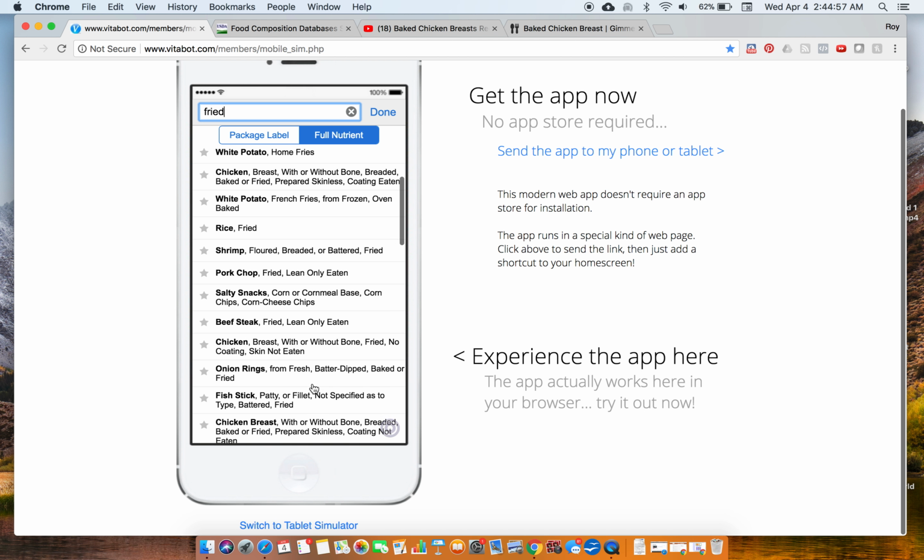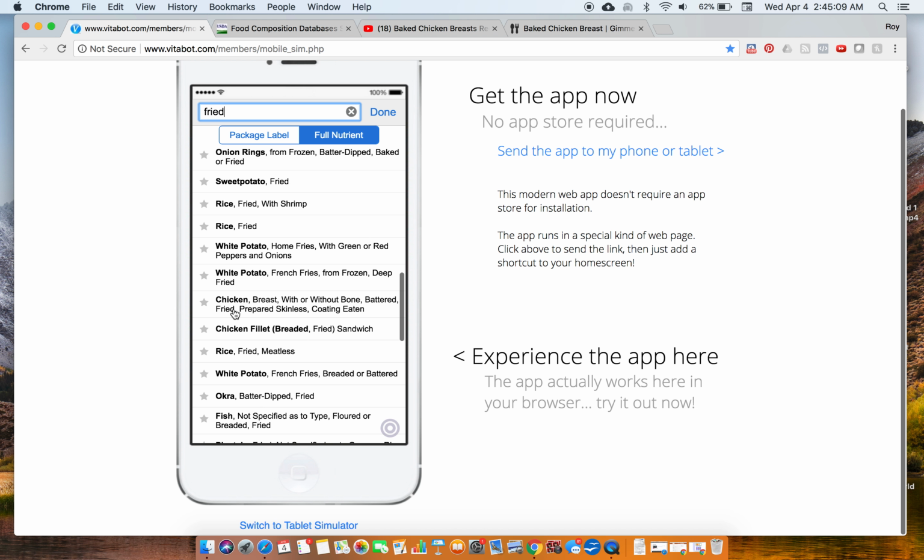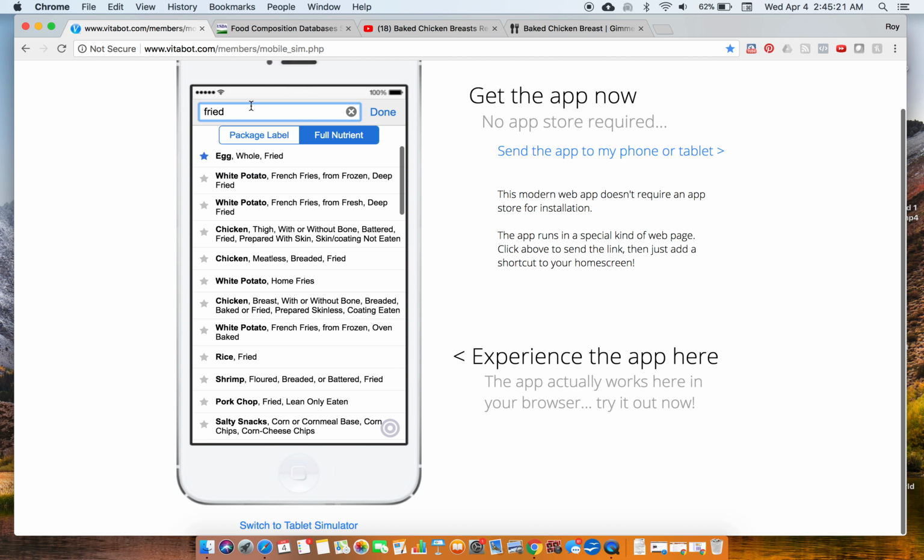Let me see. See right here, it's coming up under fried. I'm wondering if there's some overlap, but the overall purpose of the app is still to give you guidance. Like here we go again, chicken breast under fried, and it's battered. So you know that this is not sauteed because it couldn't be sauteed if it has batter on it. So this is definitely a fried chicken or deep fried. So going back to sauteed,